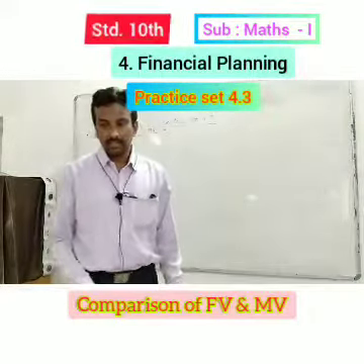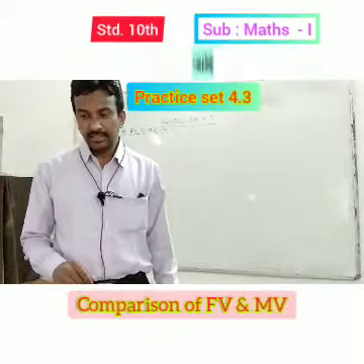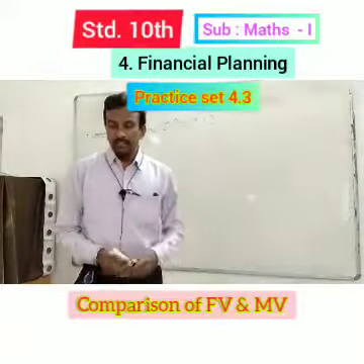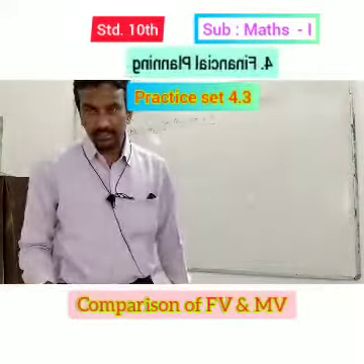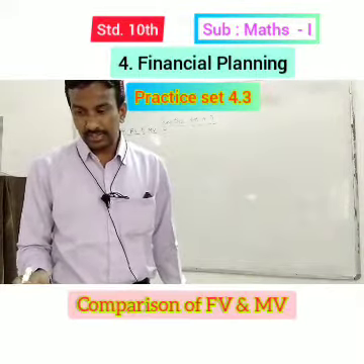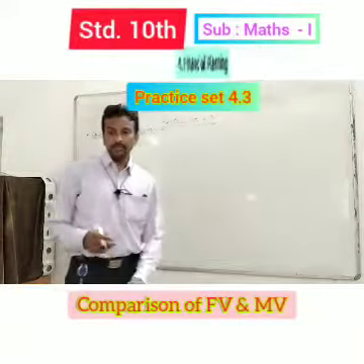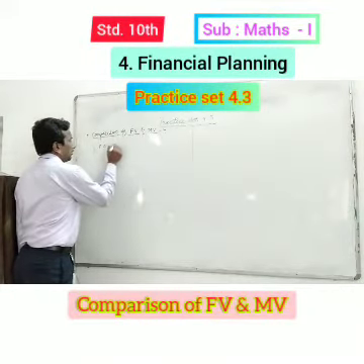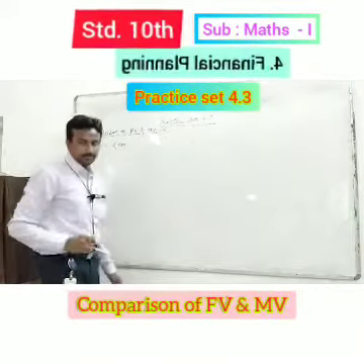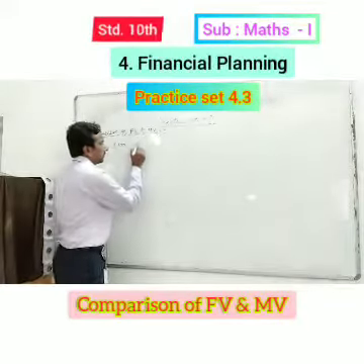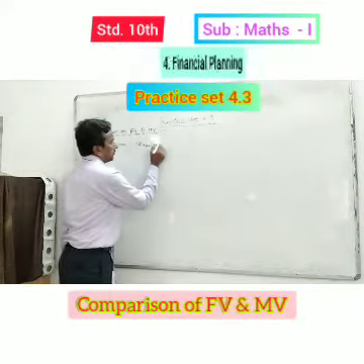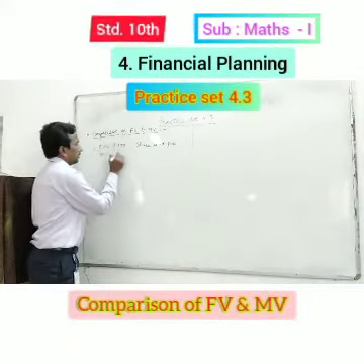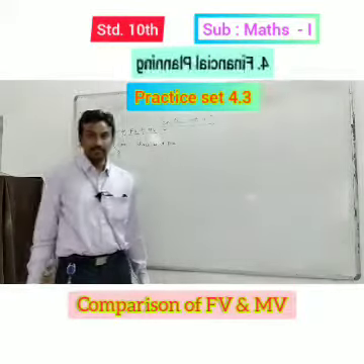In that serial number, face value, share is at and market value is given. In that first example, face value of a share is rupees 100, share is at par, and find market value. Face value rupees 100 and share is at par. What is the market value of the share?